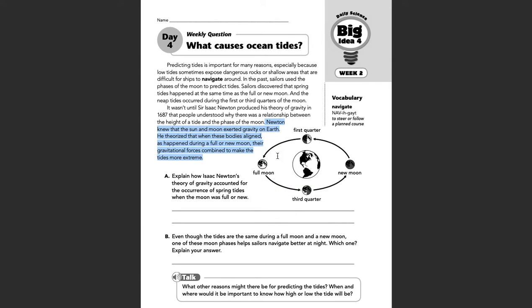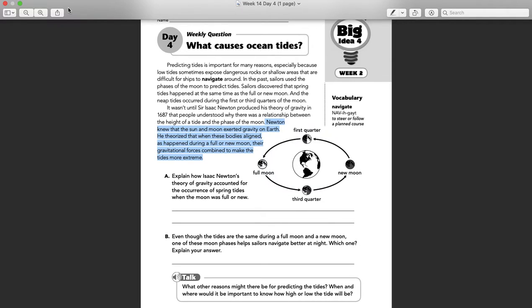So that's when we have higher high tides, lower low tides, the spring tides, because remember, that's when sun, moon, and Earth are all in alignment. So you have the sun and the moon pulling on Earth in the same direction, so there's going to be a greater gravitational pull there. So our response